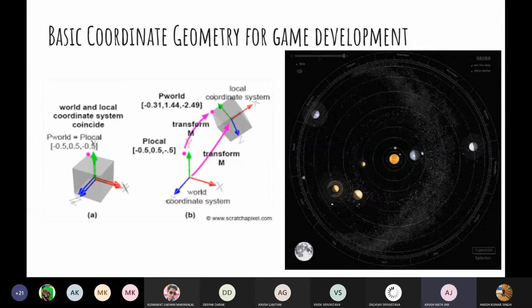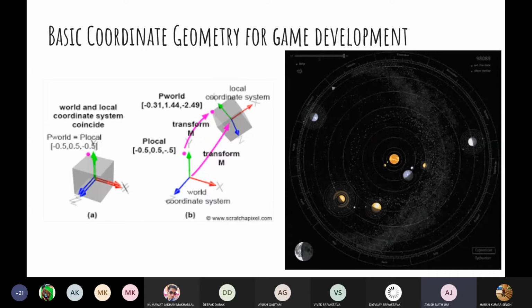So if we have to tell the distance of Earth, how do we define the distance of Earth in the solar system? We define it from the frame of reference. And what is our frame of reference? It is the sun. So for our world, that is the solar system, the sun represents the origin of the world coordinate system, just like we have a Cartesian coordinate system where we have an origin. The sun is the center of the world.